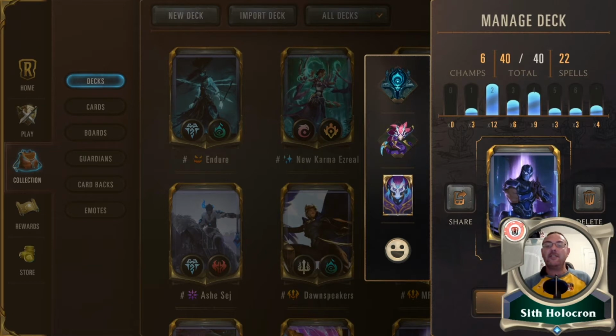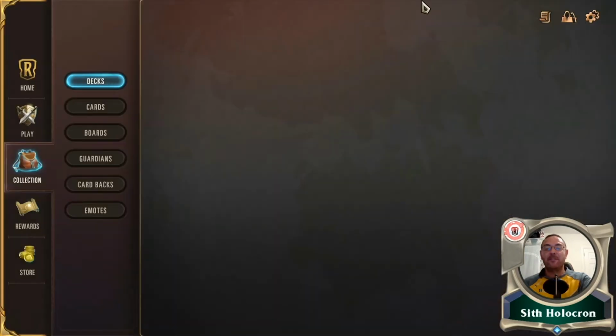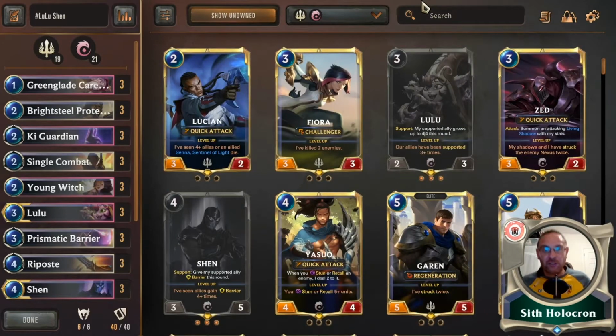So let's go for something a little different. Let's go for Lulu. Lulu! Sounds like a Tinky Winky. Yeah, so let's hit this and see what it does. So pretty much we're looking at Demacia and Ionia, and I took a core from the